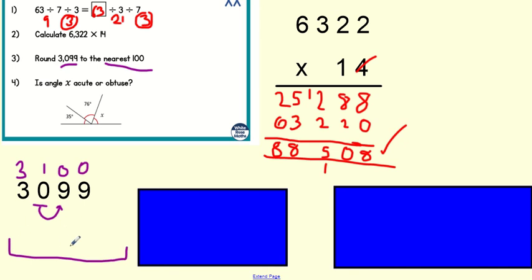So if I think about the multiples of 100 here, so if I've got 3,099, what's the next multiple of 100? Well done, 3,199, and the multiple here,